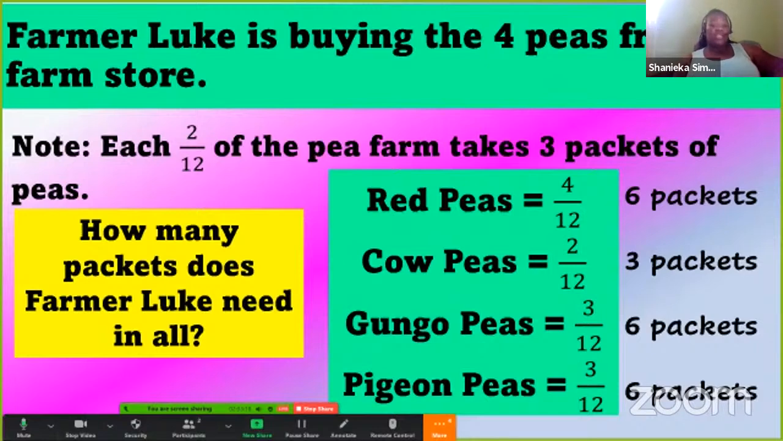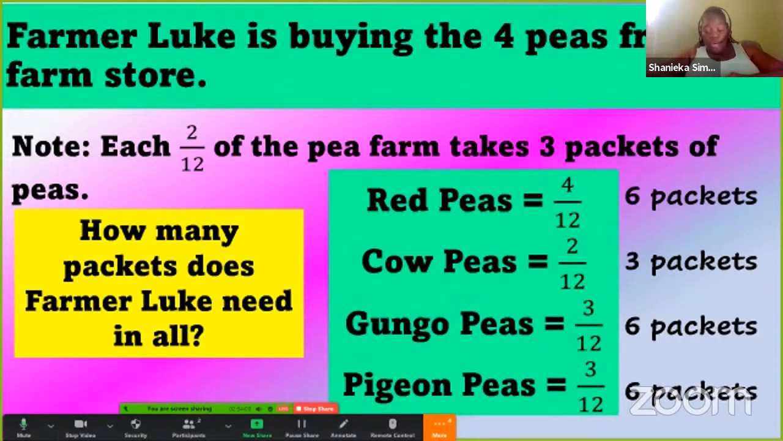So how many packets is he going to buy in all? How many packets is Farmer Luke to buy in all? Miss, Farmer Luke would have to buy 21 packets in all. 21 packets in all. All right. So Mariska Pinnock says 5 gungo and 5 pigeon. So here, because we have persons talking about that,